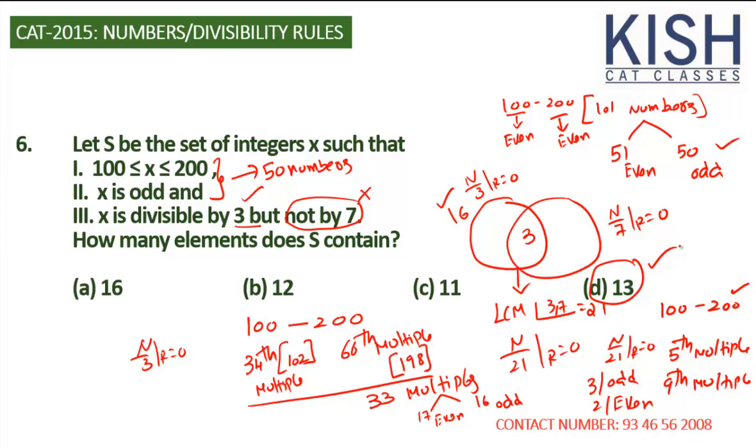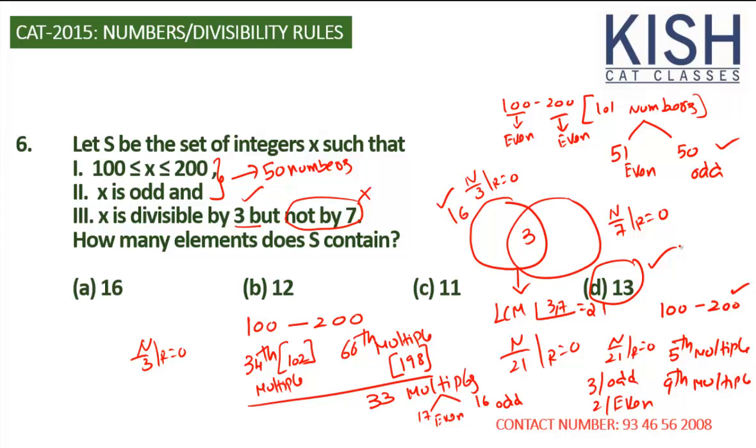Finding the numbers which are divisible by 3 is not sufficient. We need to eliminate them. Eliminate some of them which are multiples of 7 also. So the combination of 7 and 3 is 21. So we just need to find the multiples of 3 from 100 to 200, and from all of them we